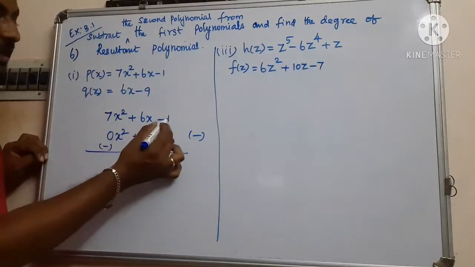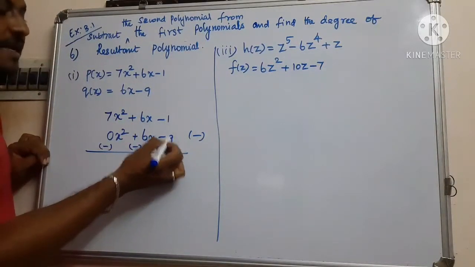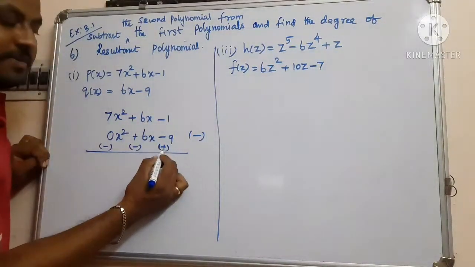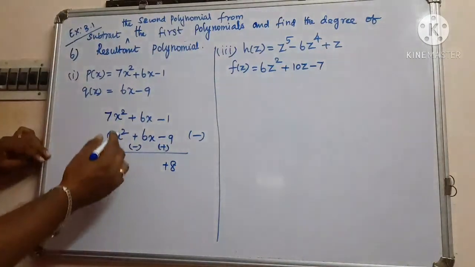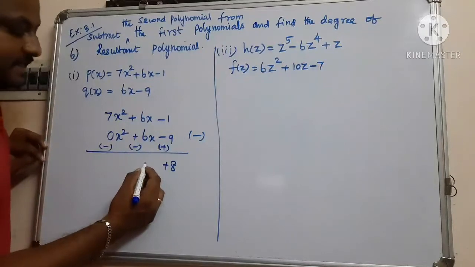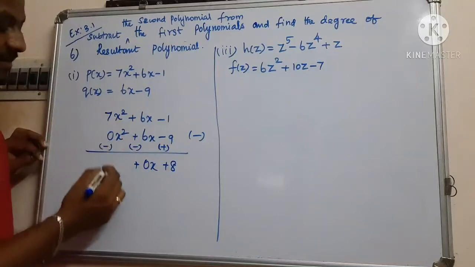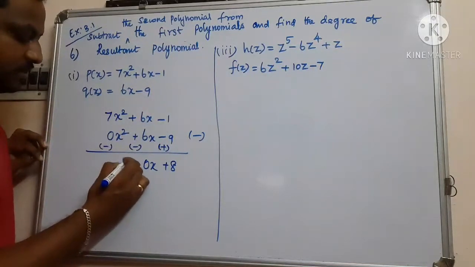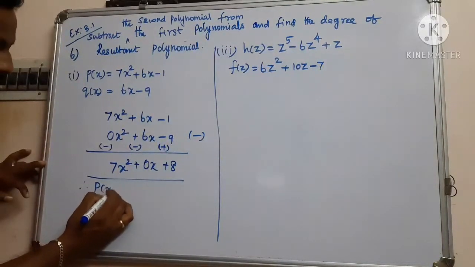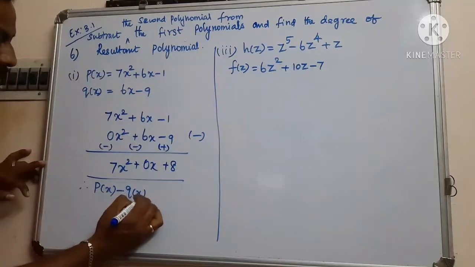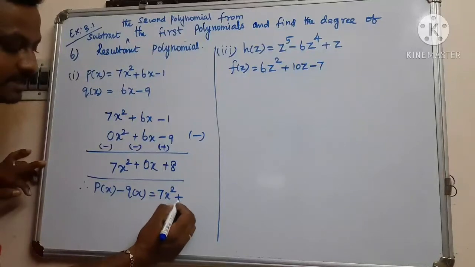Okay. So now plus 9. This is taken as a plus 9. If it is changed, the symbol means that is plus 9. 9 minus 1, 8. So the highest number notation is 9, the notation is plus. So plus 8. And then plus 6x minus 6x, that is cancelled, that is 0x. And then last 7 minus 0 is 7. So 7x square. So therefore P of x minus Q of x is equal to 7x square plus 0x, no need to write, plus 8.